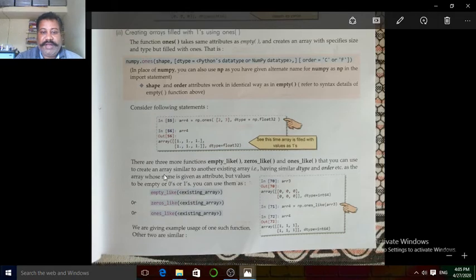So we can change an existing array into empty_like, zeros_like and ones_like.